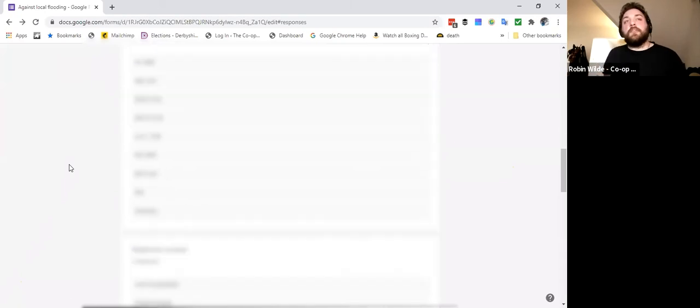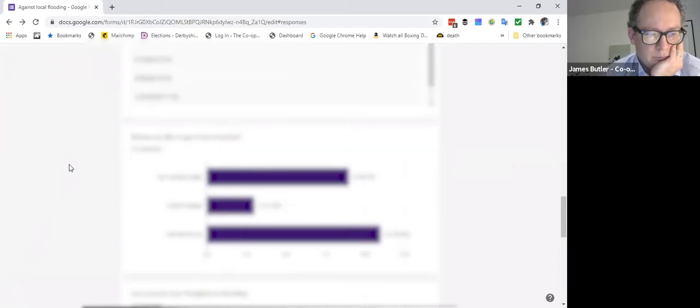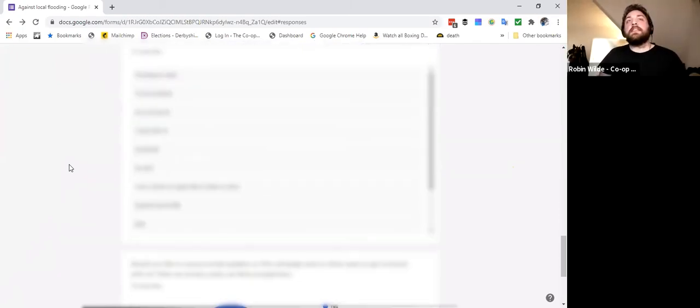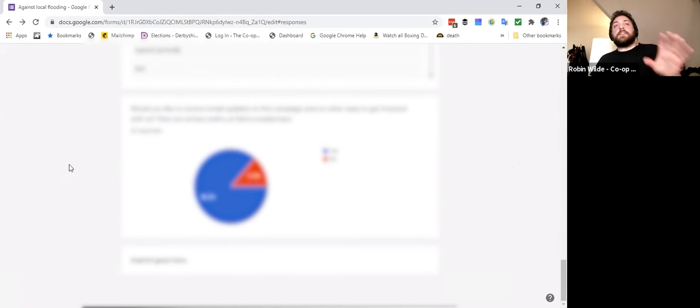But obviously, that's not always how you're going to want the data. You might want it in a more structured format, like in a spreadsheet. And one of the good things about Google Forms is that you can do that quite easily. So you'll see that it's very good at doing the data visualization. You'll see there you've got the yes no pie chart, and you can see just what sort of rates